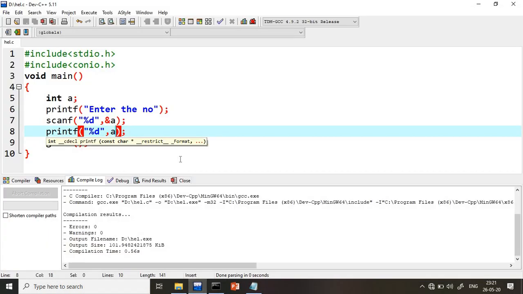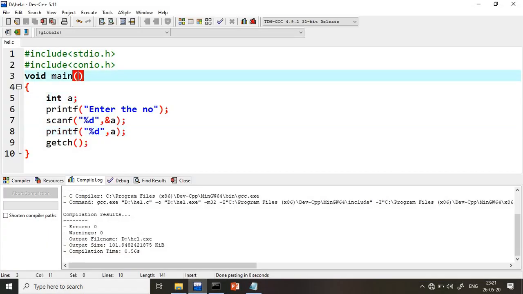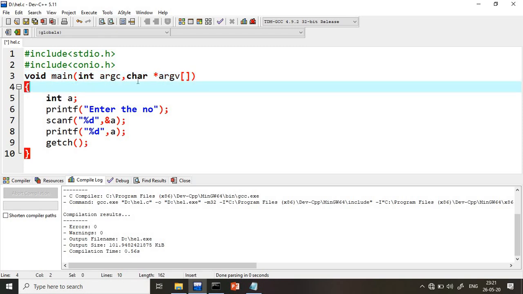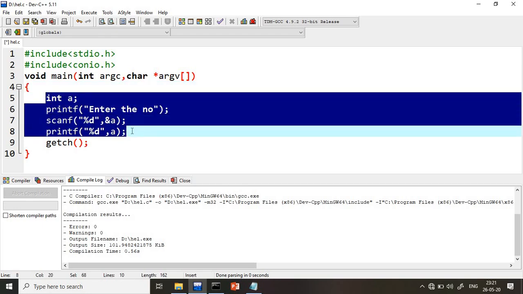The first thing which will change is your void main statement. Inside the void main, we will write integer argc, nothing but argument count, and then I will write char star argv, argument values. It is not necessary, guys, that you take argc or argv. If you follow any books, everywhere the concept is the same and the names are the same, that's why I took the same names, but it is not necessary that you take the same names. Now we'll discuss the meaning in detail.